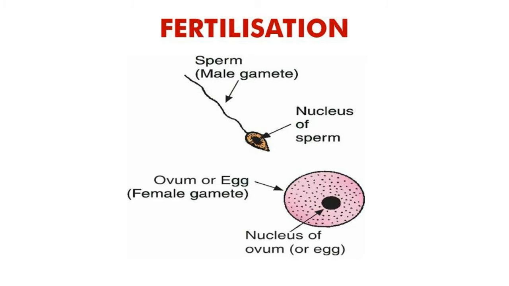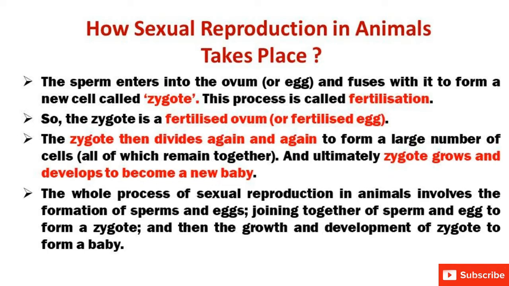As we know, the male produces sperms and the female produces ovum, that is called female egg. When the sperm combines with the ovum, or we can say that the sperm fuses with the ovum to form a new cell called zygote. This process is called fertilization. So we can say that the zygote is a fertilized ovum or fertilized egg. The zygote then divides again and again to form a large number of cells and ultimately the zygote grows and develops to